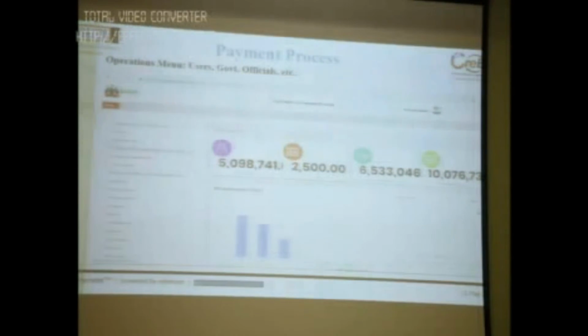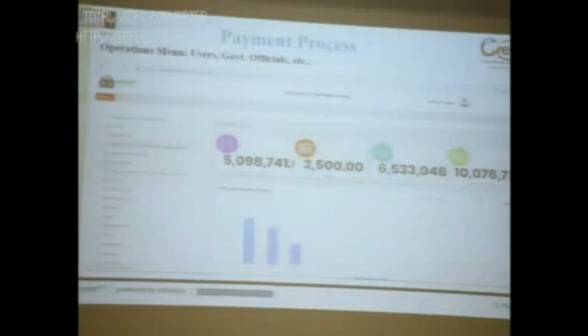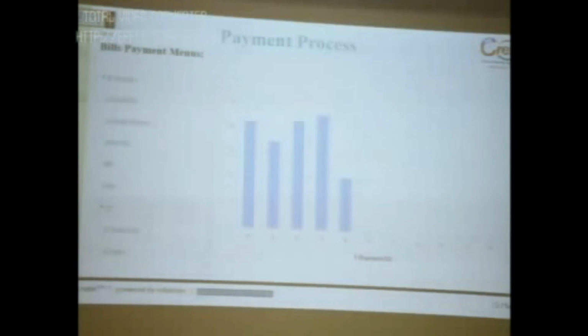There is also a screenshot like the gentleman that asked question whether we have graphical representation of data. You can see we have graphical representation here of amounts, bar charts to tell you what and what. If this is a slide, we would have scrolled up, you see more of graphical representation of what we have. This is another graphical representation.